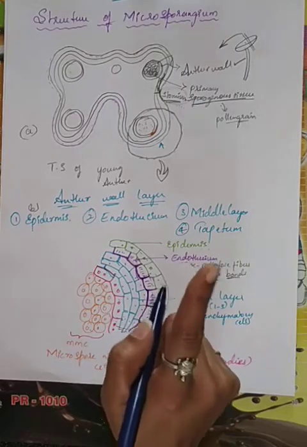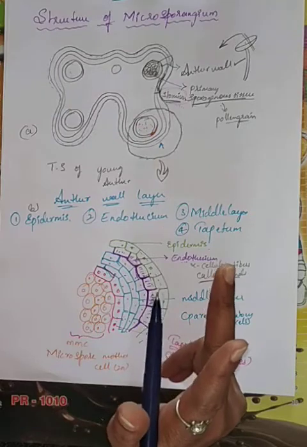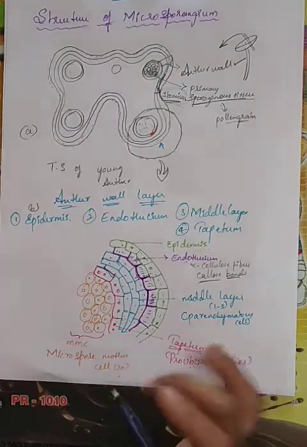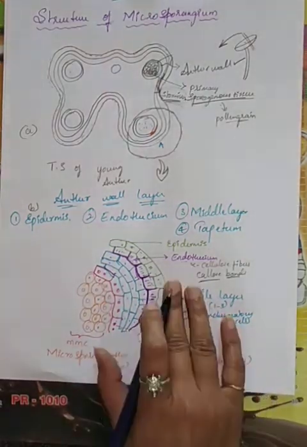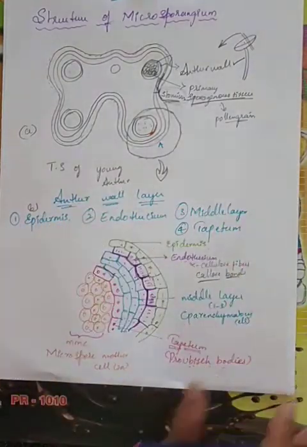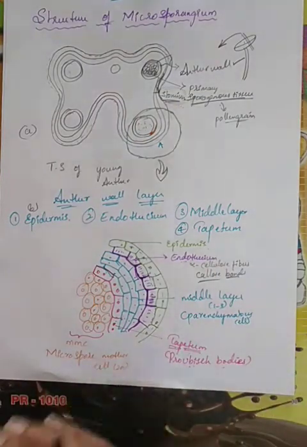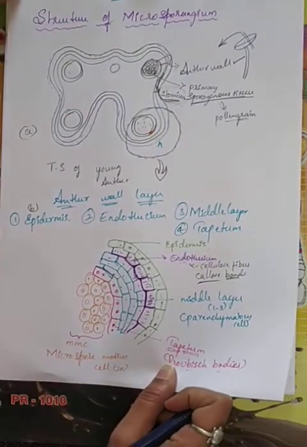There are two types of tapetum. One is glandular tapetum, or secretory tapetum. Another one is amoeboid tapetum. Now, that much definition is not necessary for you. In the next class I am going to explain the sporogenous tissue. In this session I am just giving you the headlines of these four layers. I hope the explanation is very clear to you all. Now let me write the very important points about these, which will be helpful for your examination. Now, the first layer is epidermis.